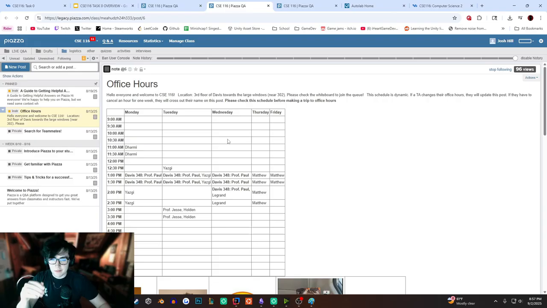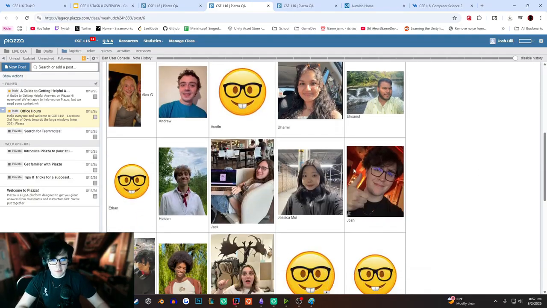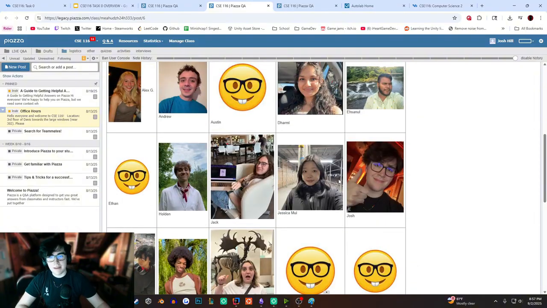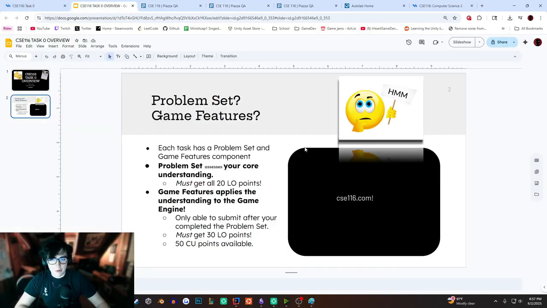But yeah, this is the office hour schedule. I get that a lot of the content in this course could be confusing, so please don't be afraid to come to office hours and ask questions. That's what us TAs are here for, and the professors, of course. But yeah, here are all of our pictures, and we're all happy TAs and happy to help you guys. So with that being said, we could talk a little bit more about